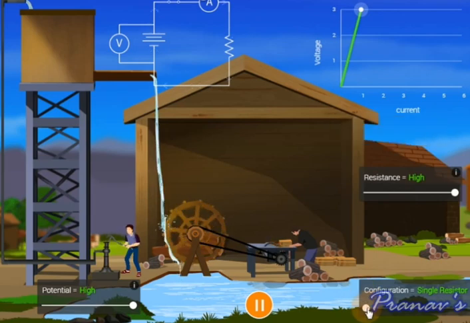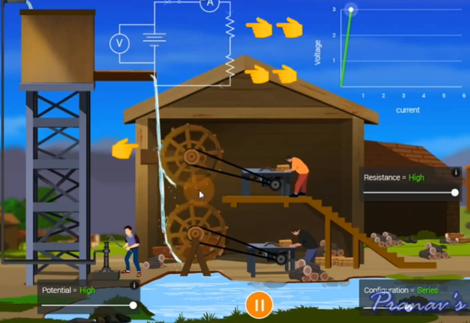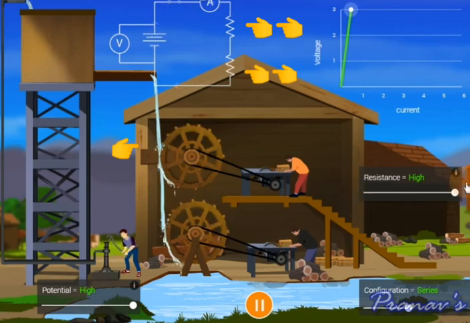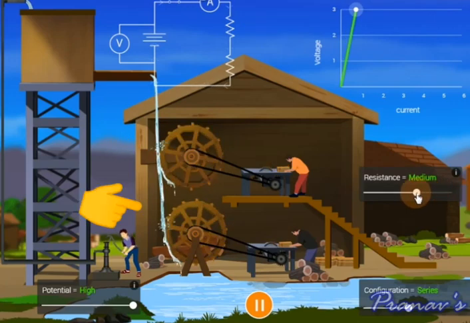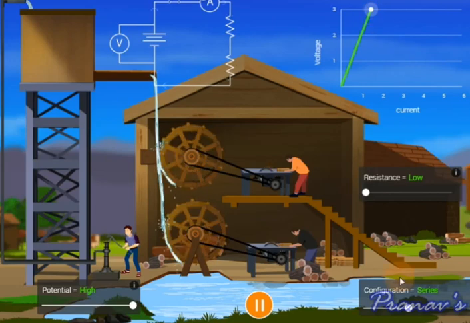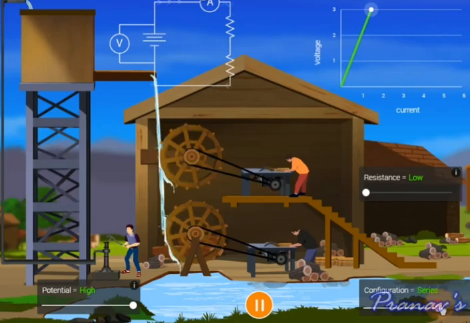What if we have two resistors instead of one? Here you can see two resistors. In the circuit diagram we have two resistors, and in the analogy also we have two water wheels which are acting as resistors. Note that the resistors are in series. Now if we decrease the resistance, still we will not get the current up to the mark, as we have two resistors in the circuit and they are consuming same amount of voltage.